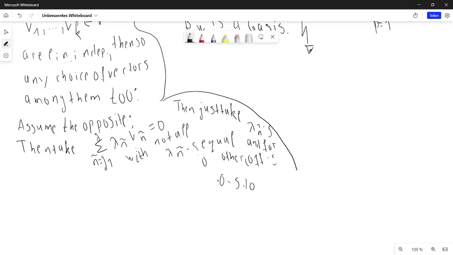So you just take the same coefficients, right? For the vectors with those numbers, you already know that this gives 0 and not all of them are 0. And for the remaining vectors, you need coefficients to have a linear combination of 0 with not all coefficients being 0. You just take zeros to obtain